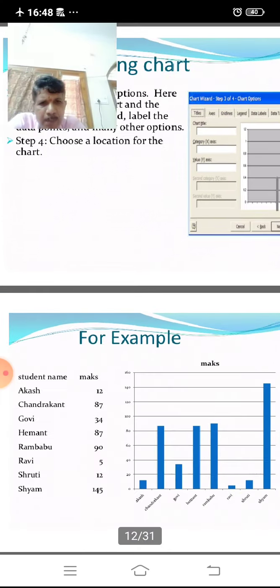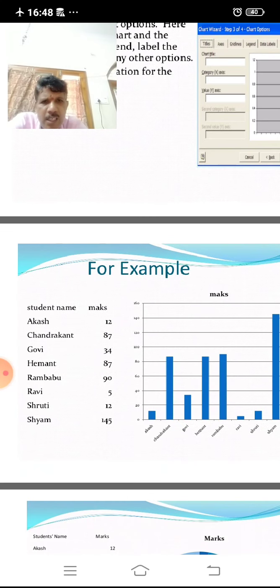Here it is given a particular chart. Here student names and marks are given in a table form. Here are the marks: 12, 87, 34, 87, 90, 5, 12, 145.